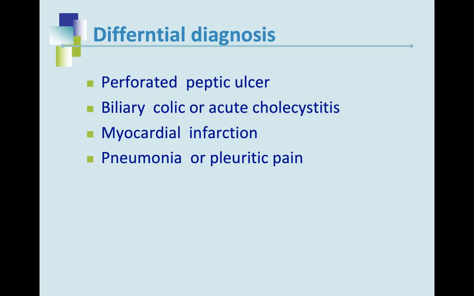Similarly, acute cholecystitis, again, the tenderness will be in the right hypochondrium, and there will be repeated history of that pain as well. And it's not usually of acute onset. It usually presents with some malaise, fever, body aches, and then there is tenderness localized to the right hypochondrial region.